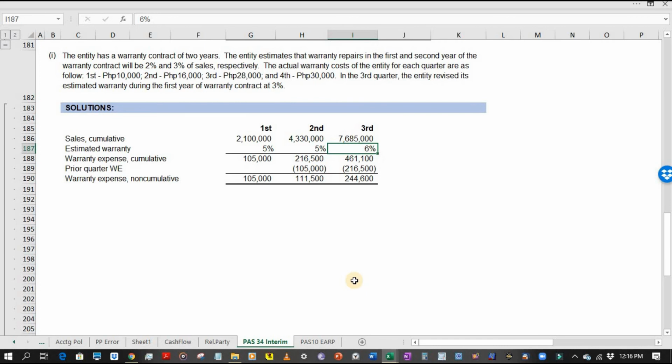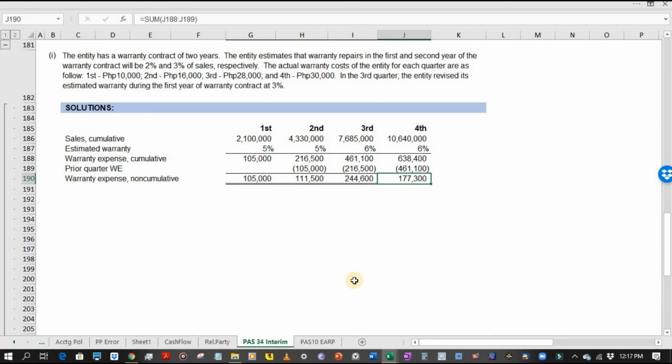Then last, let's proceed to the fourth quarter. For the fourth quarter, the annual sales is 10,640,000. Then the estimated warranty percentage is 6%. So for the year, the warranty expense is 638,400, and this is for the year. Then the prior quarter warranty expense is 461,100, and our warranty expense to be recognized only for the fourth quarter, covering October to December's operations, that is